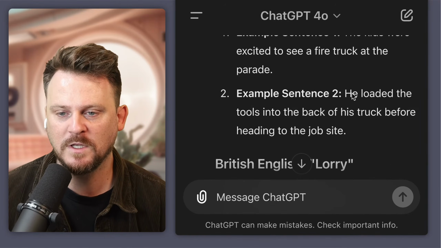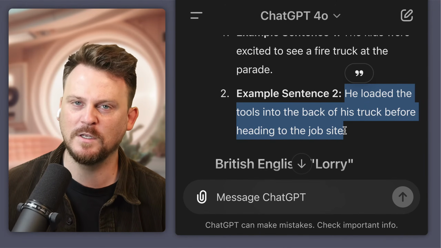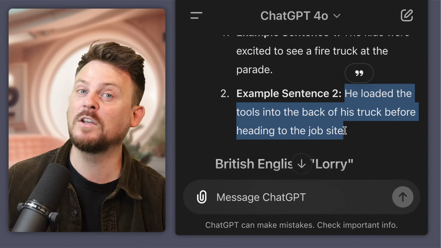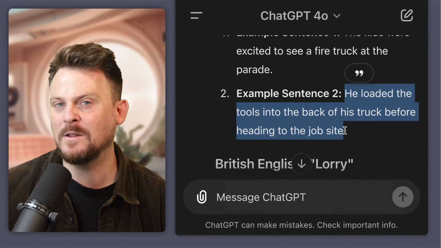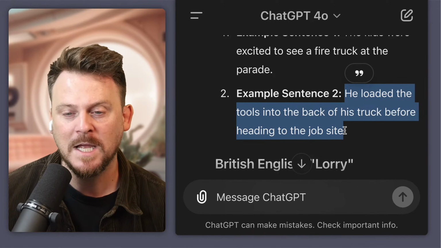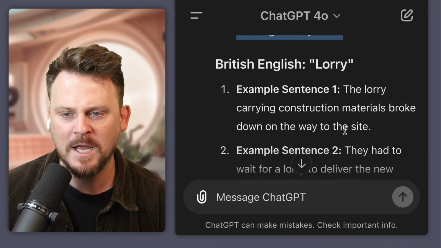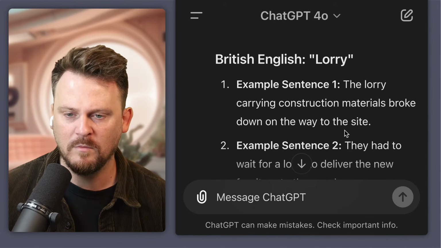Okay, he loaded his tools into the back of the truck. You often see truck commercials. They're called truck commercials on TV. And you hear people say, my pickup truck. That kind of truck is often called a pickup truck, with a bed in the back. It's about as big as a regular car, maybe a bit bigger, right? But then there's a lorry in British English. The lorry carries maybe more stuff.